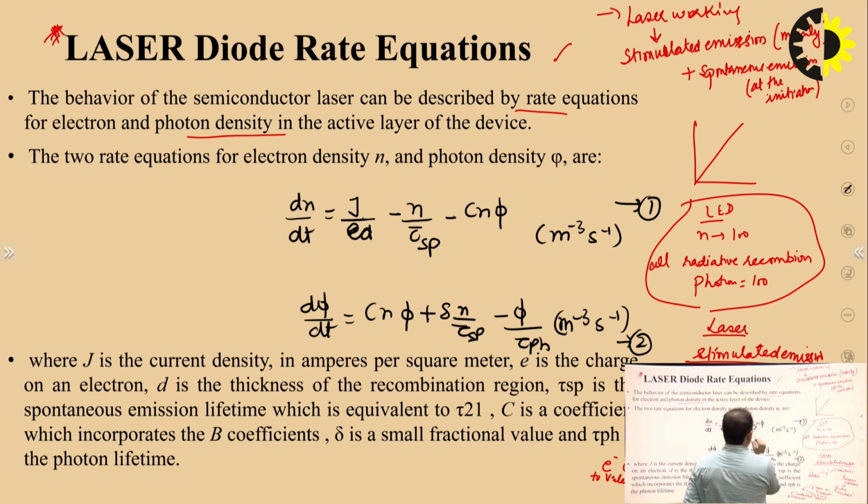The rate of generation of photons is 1, 2, 2 creates 4, 4 creates 8, 8 creates 16, and this